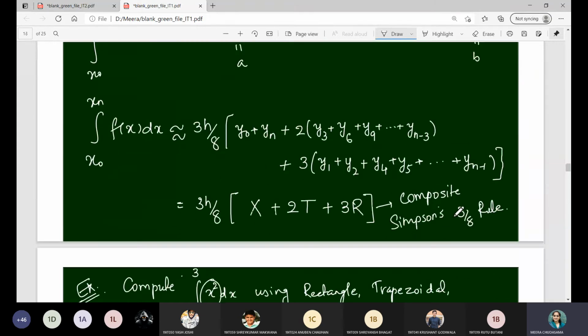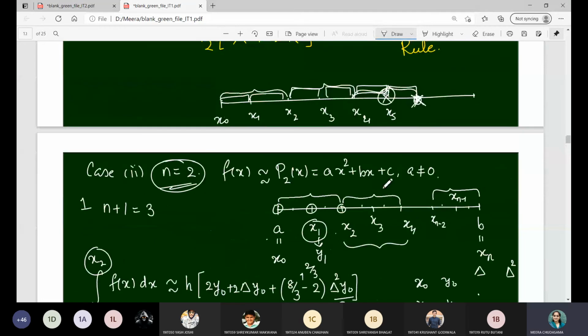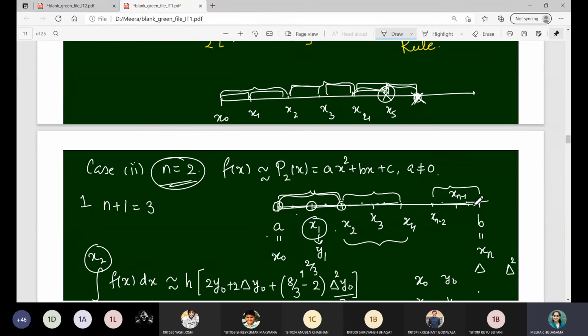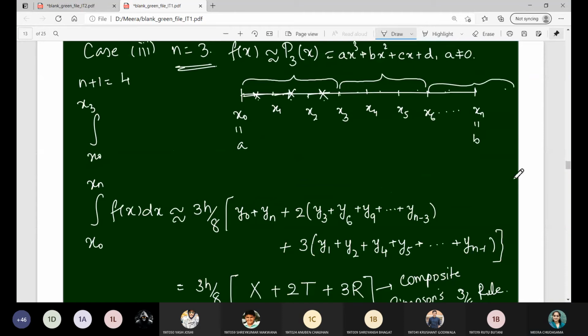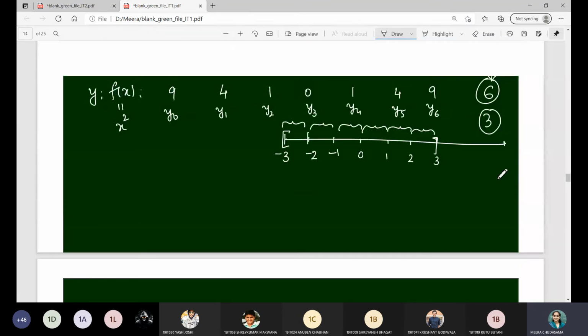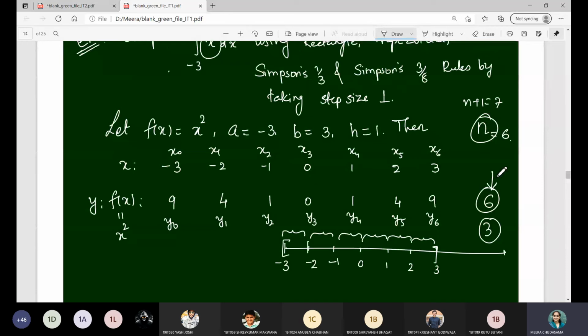क्यों? क्योंकि सब इंटरवल्स में आप देखोगे यहाँ पर जो हमने फॉर्मूला पूरा डिराइव किया हुआ है यहाँ पर, तो इसमें हमने 3 नोट्स लेके, मीन्स ये जो इंटरवल है उसमें 3 नोट्स लेके पूरा किया है. सब इंटरवल्स इवन इन नंबर हो गए, ये 1 और 2 पूरे जो सब इंटरवल्स लिए है वो. सिमिलरली जब हमने 3/8 रूल अप्लाई किया था यहाँ पर, तो सब इंटरवल्स जो भी है 1 2 3, 1 2 3, तो it has to be multiple of 3. So total number of sub intervals even in number, then Simpson's 1/3 rule is applicable. If it is multiple of 3, then Simpson's 3/8 rule is applicable.